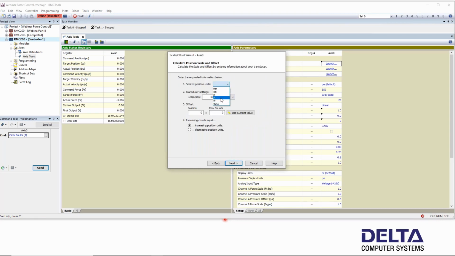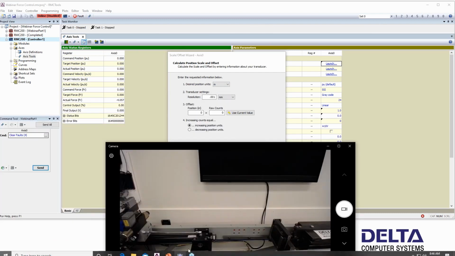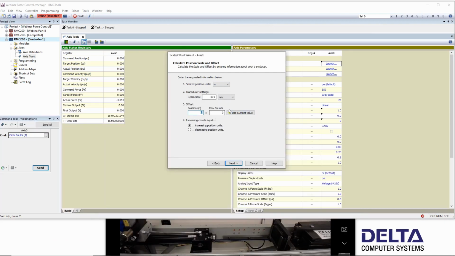And we're going to use inches as a position units, 1 micrometer resolution. And for the offset, we need to move the cylinder to some position where we know its value. Right now, the cylinder is fully retracted. We can see that in the camera down here. And I'm going to call that my 0 position, and I click the use current value to get the raw